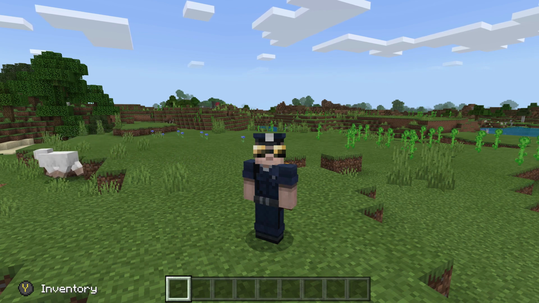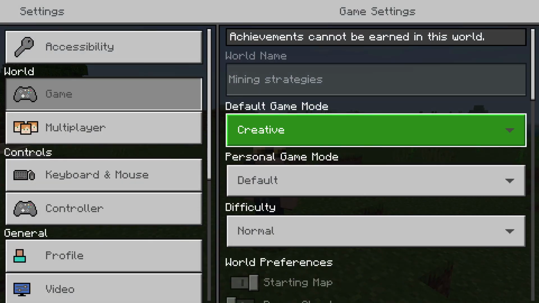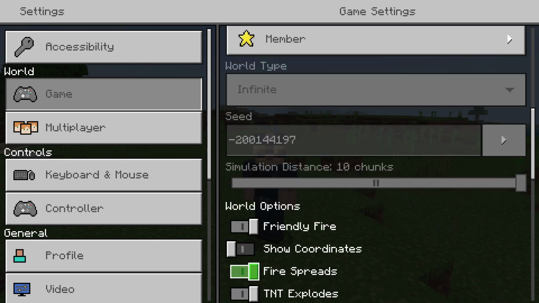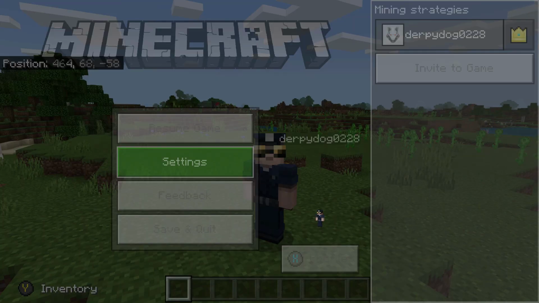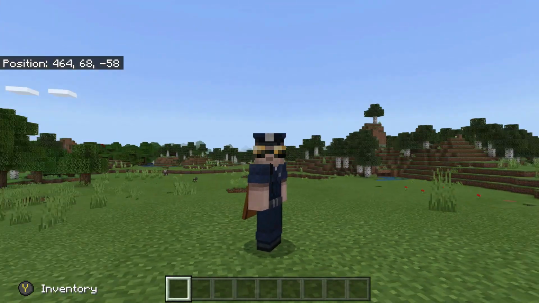To turn on coordinates, you'll want to go to your settings, then select game, then go down until you see the show coordinates option. To make sure coordinates are turned on, you will want to flip this coordinates option to the right. Make sure it's on the right so that coordinates will be on. And when you return to your game, you should see in that upper left corner your position, the X, Y,